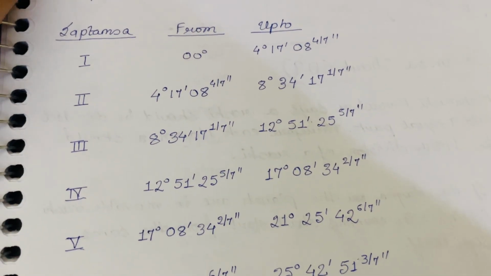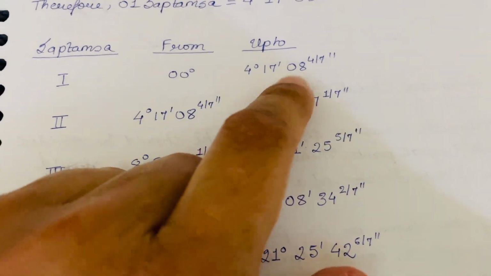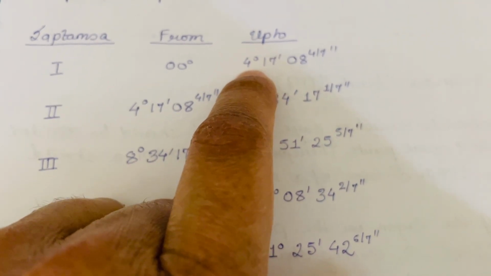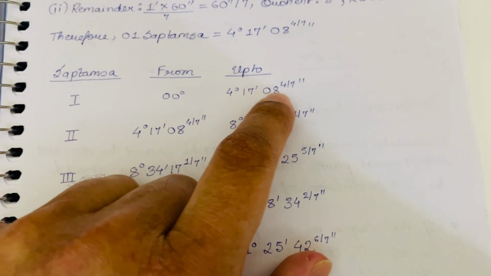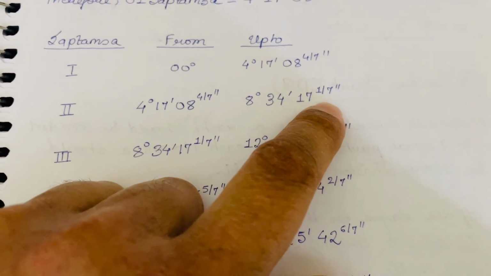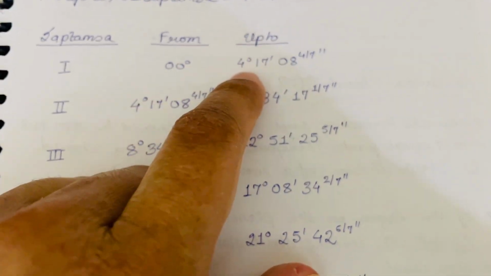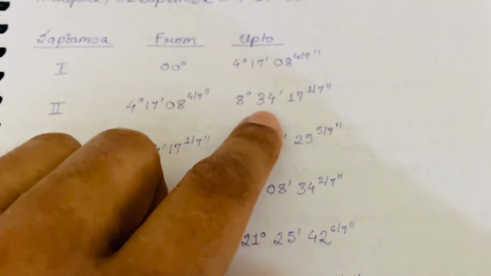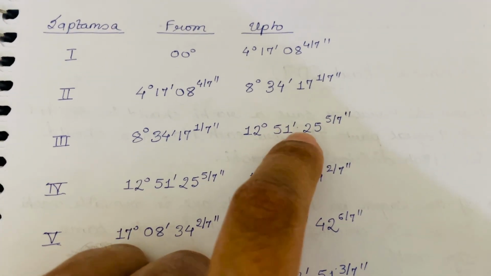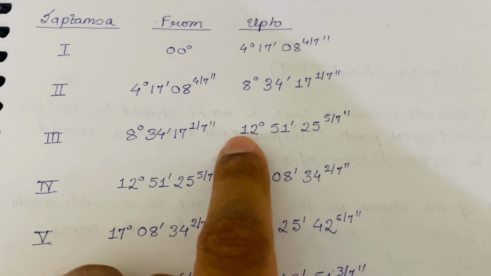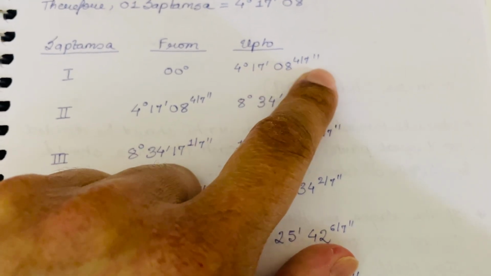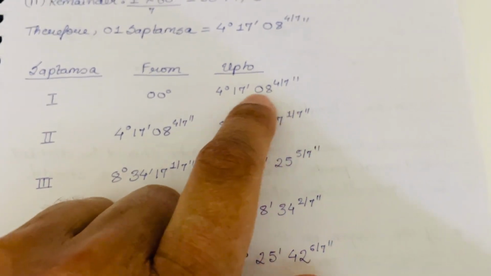Okay, so what I said, this is the second Saptamsha. You just multiply this by 2, or you add 4 degrees 17 minutes 0.84 by 7 plus 4 degrees 17 minutes 0.84 by 7. This is the value that you get. Again, you add 4 degrees 17 minutes 0.84 by 7 to this particular value. Then you get the ending point of the third Saptamsha. The ending point of the fourth Saptamsha is this particular value. You again add 4 degrees 17 minutes 0.84 by 7,